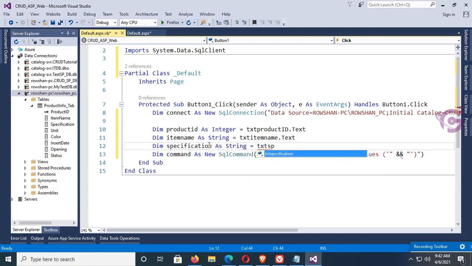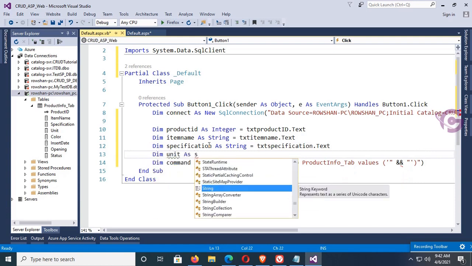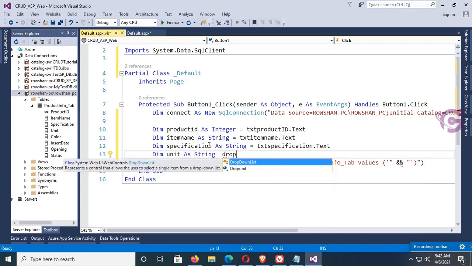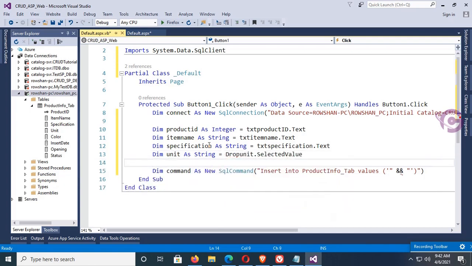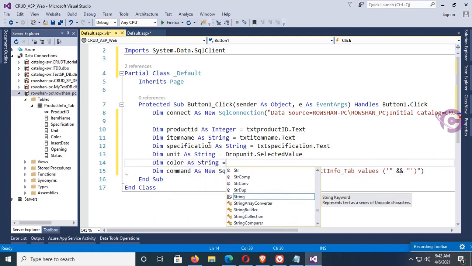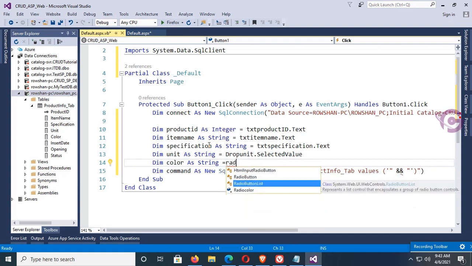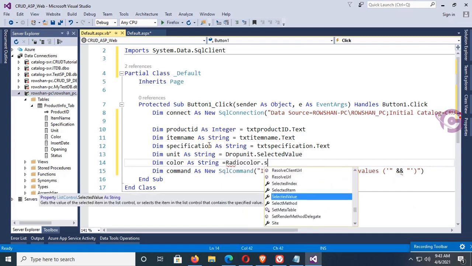Specification also the same, string, txt specification dot text, and the same for unit as a string, equal to drop unit dot selected value. Okay, color as a string, color from radio button list, so radio color dot selected value,